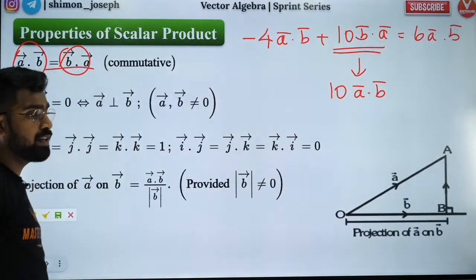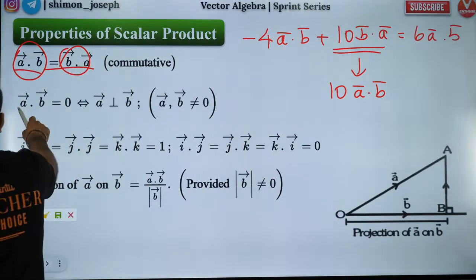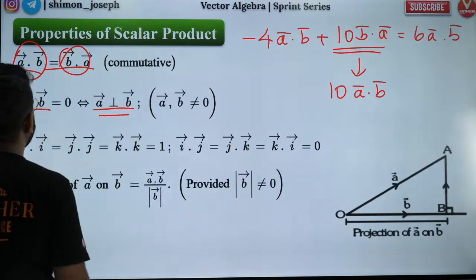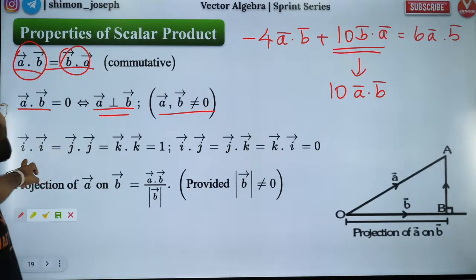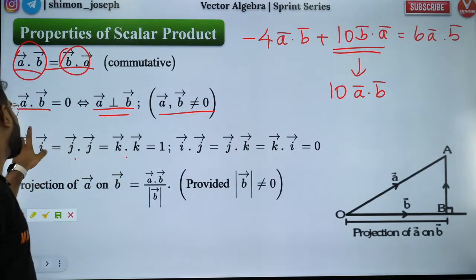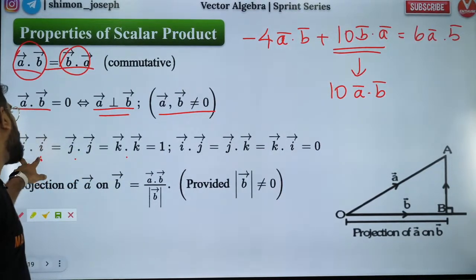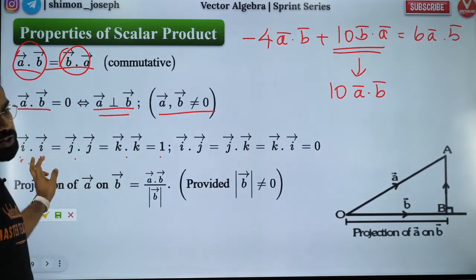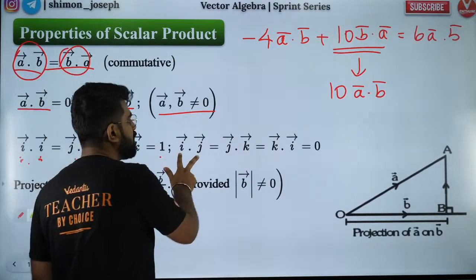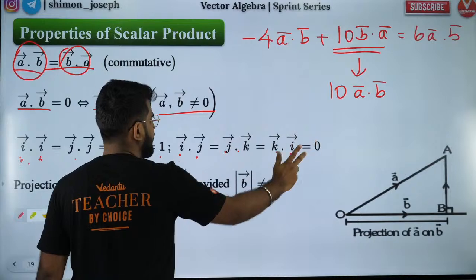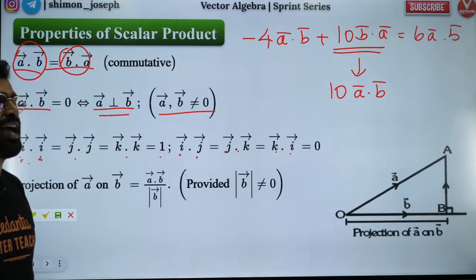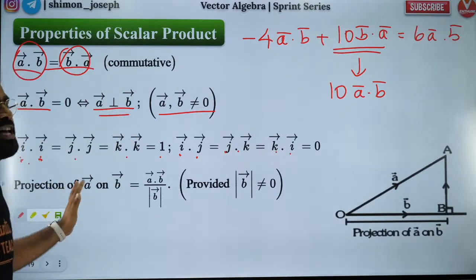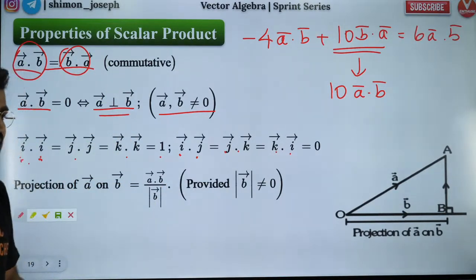You have to be very clear about that. Okay. If dot product is 0, that means the vectors are perpendicular to each other, provided none of them are 0. Then i dot i, j dot j, k dot k. So like vectors, when you dot product, you will get 1 for unit vectors. And if you do unlike vectors which are mutually perpendicular, you will get 0. Okay. Now the last point is very important. Let me teach you carefully. First 3 points, everybody clear? Last point, I'll explain it by taking time. Are you all ready?